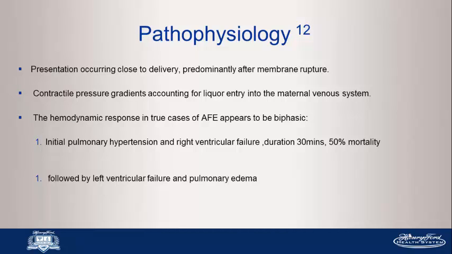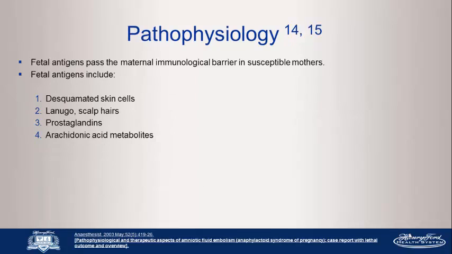The initial phase, within 30 minutes: whatever enters into the circulation goes to the right side of the heart, to the pulmonary vasculature, and causes RV failure. Very high mortality at this stage, about 50%. And then there will be left ventricular failure and pulmonary edema, profound hypotension, and hypoxia. When you dig deeper in the pathophysiology, you see that anything that enters the maternal circulation can actually cause that, like desquamated skin cells from the fetus, lanugo or hair,